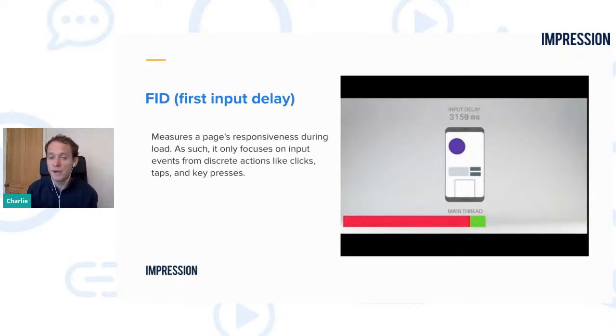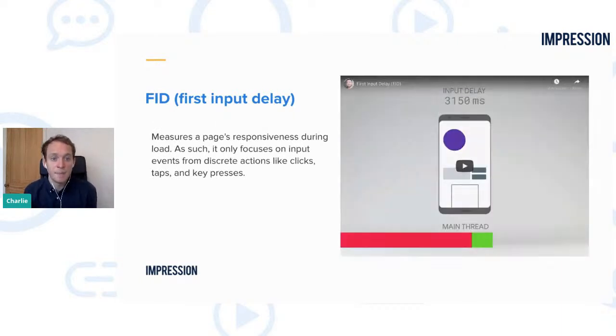So the next one, first input delay. This measures page responsiveness during load. It focuses on when you load in a page and you click, do a scroll, or a key tap or press. So if you have a look here,